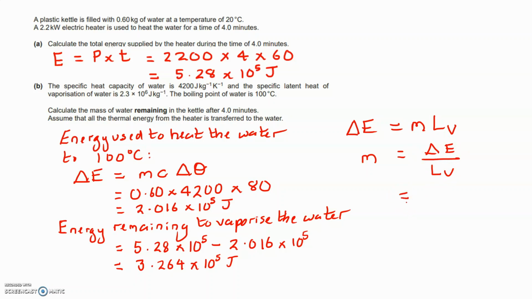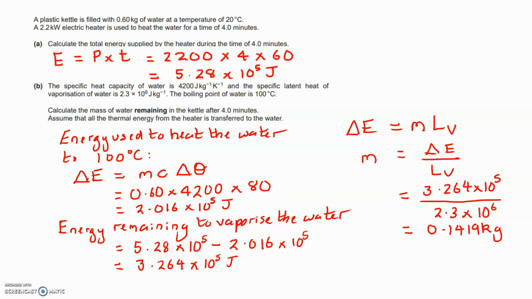So how much energy was used to vaporize the water? That's 3.264 times 10 to the 5 joules, and the latent heat of vaporization is 2.3 times 10 to the 6 joules. Okay, which gives you an answer of 0.1419 kilograms. So that's how the mass of the water turned to vapor